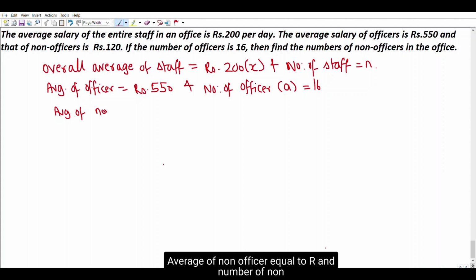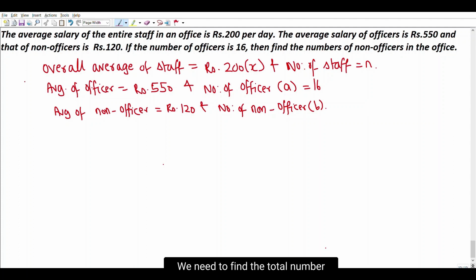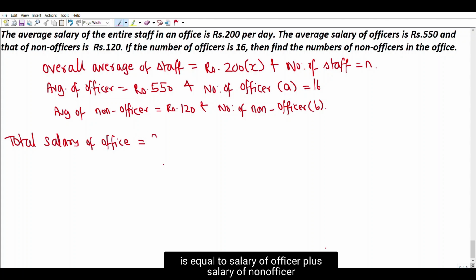Average of non-officer equal to rupees 120 and number of non-officer is not given in the question, hence assumed as B. We need to find the total number of non-officers in the office. So in order to find that, we will use the known concept, that is total salary of office